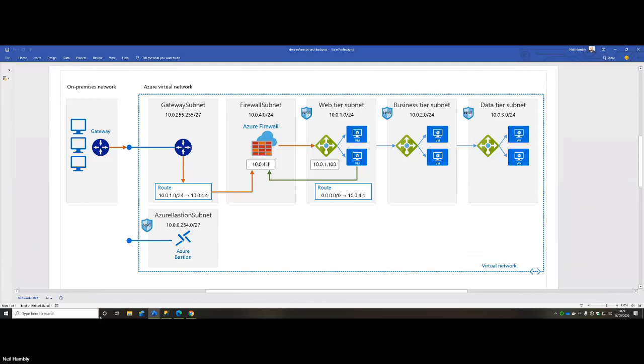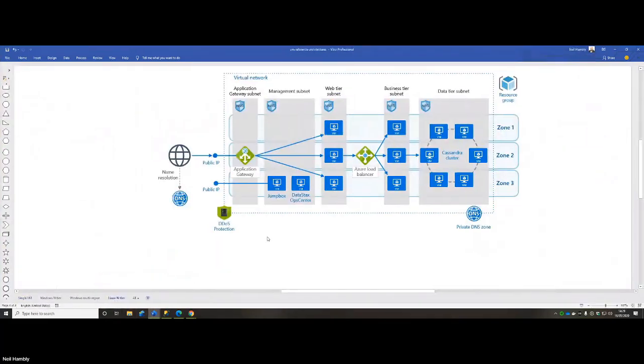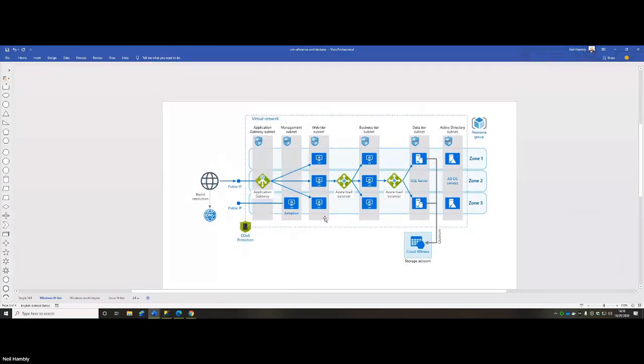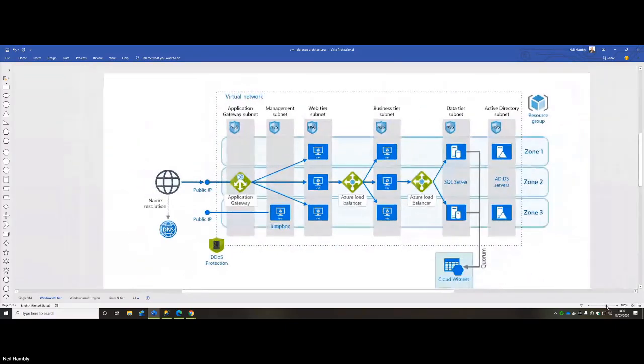Okay. We also have some other examples of this, where we're going to look at maybe an N-tier application, where we have a number of different tiers. And sorry, this doesn't scale very well, so I'm just going to try and scale it a little bit on the browser there. So that's maybe about the best I can do. Give it a little bit more sizing. So the application gateway subnet, then a management subnet for my jump box in there, my web tier, business tier, my databases are in my data tier, and I also maybe have my Active Directory subnet as well.